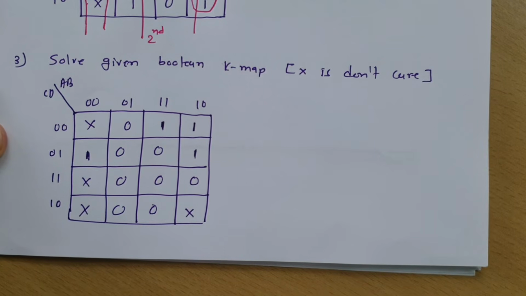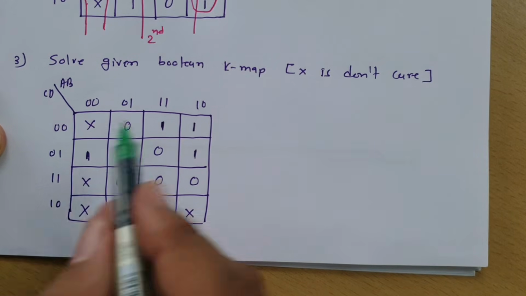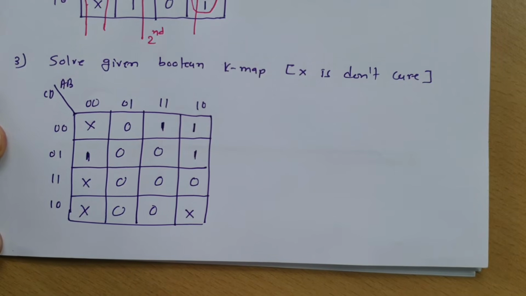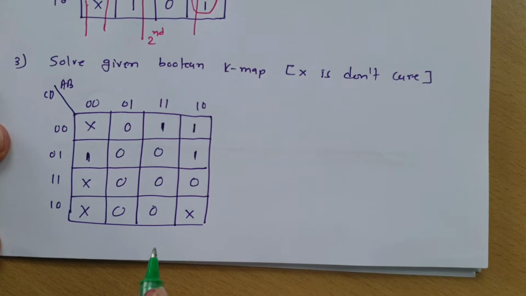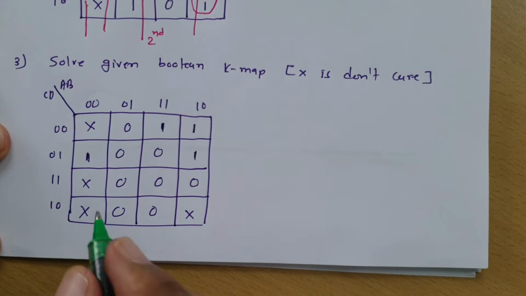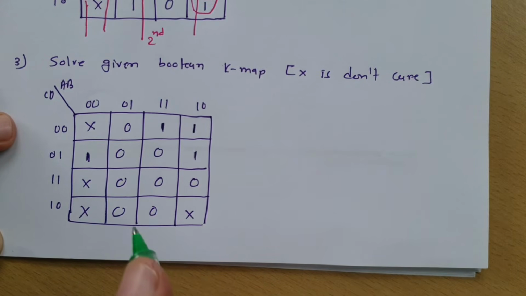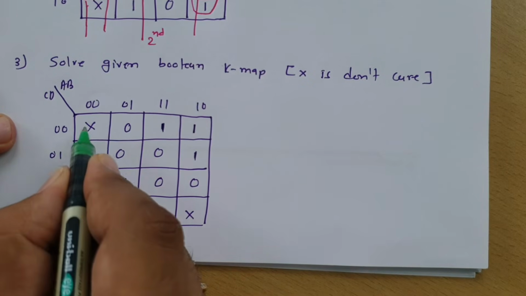And here X is don't care, that you can see. As per the basic rules, we need to see how many largest groupings can be done, right? So if you observe in this question, then you'll be finding